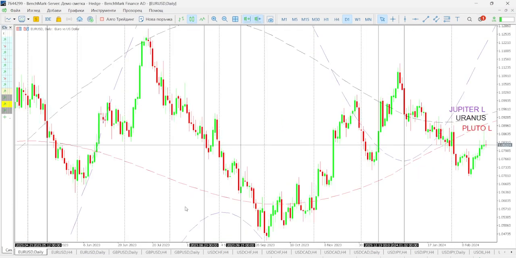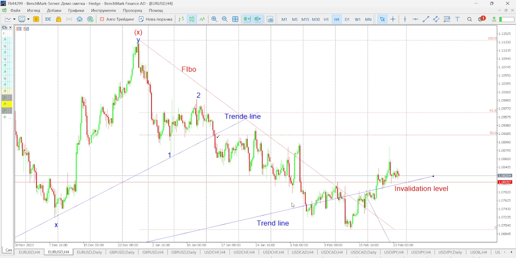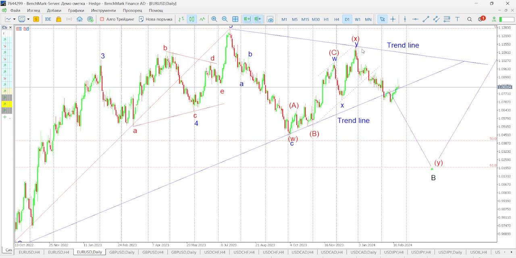Okay, let's see what happens last week. According to planetary lines, I don't have any signal here. In terms of Elliott wave, the invalidation level was here for the last week, because as you can see, the price managed to break this trend line. This trend line is huge. As you can see, we are in a triangle here,